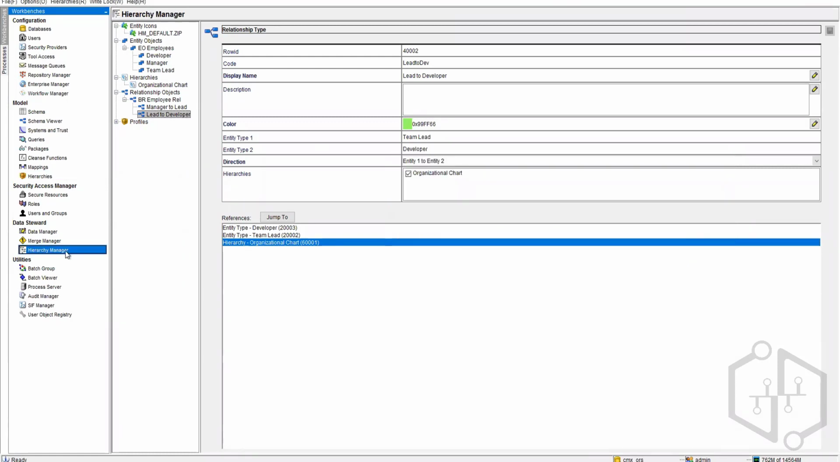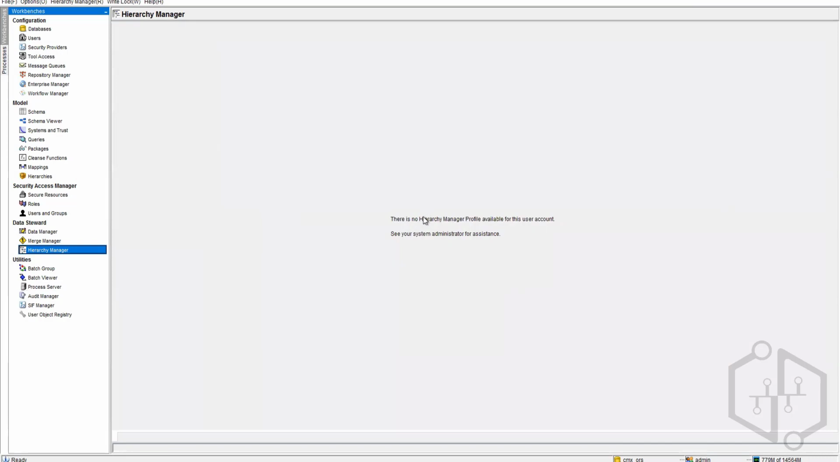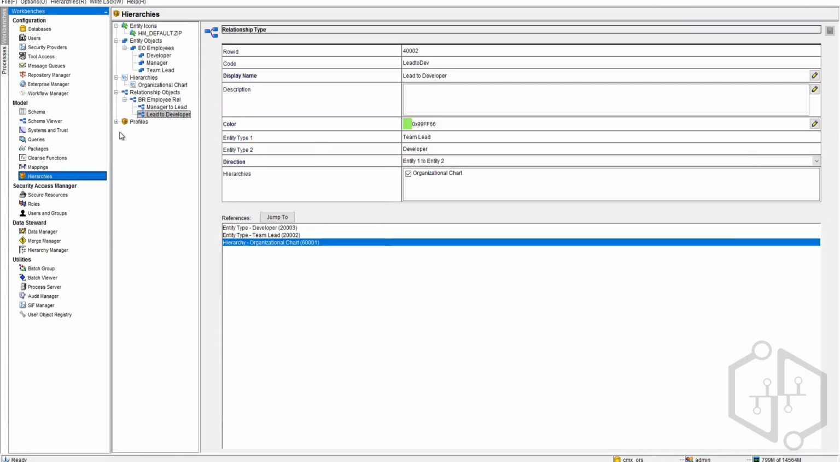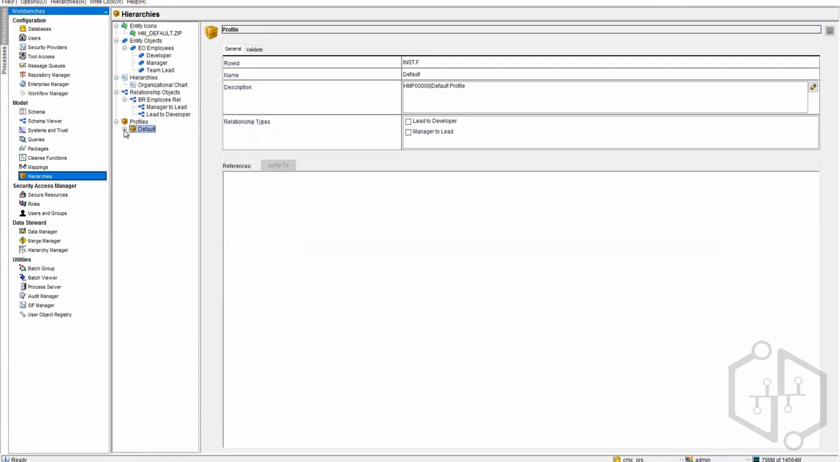So if I go over here in the hierarchy manager, you'll see there are no profiles being added for this user account, right? For adding that into the user profiles, you can see there is a default profile which doesn't have anything. So we'll go ahead and add a profile